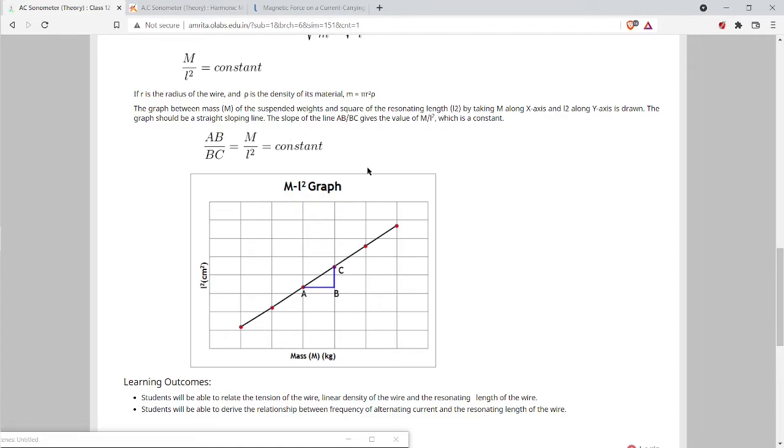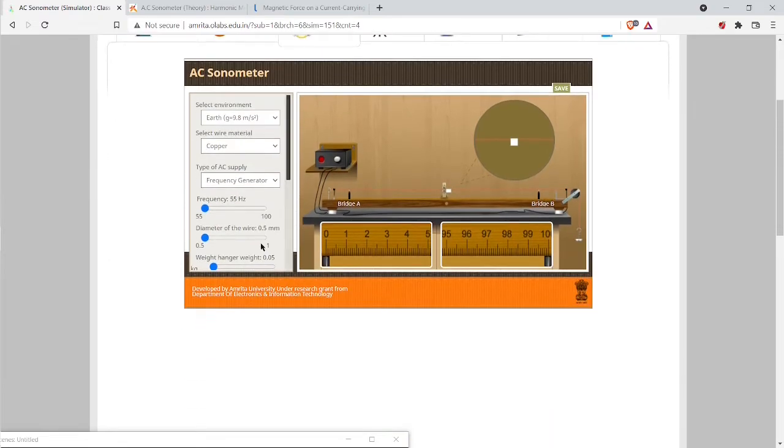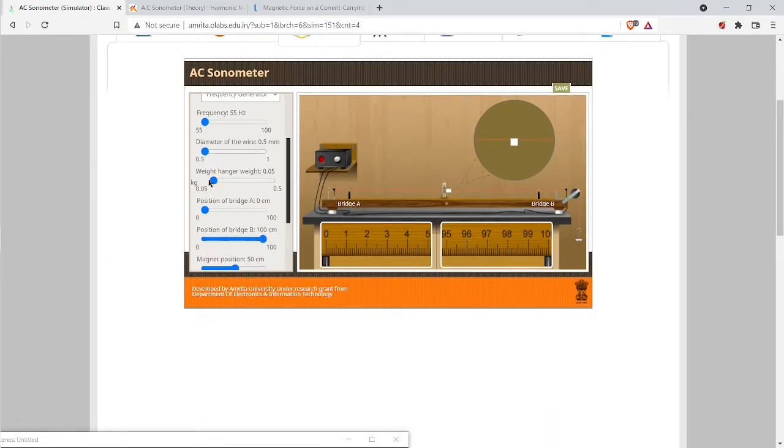Now if we go back to the simulator, we have a different mass value. So this is 0.005, that is 50 grams to 500 grams. We have 11 different steps we can do. So we can take 10 to 11 values, suppose 0.05, another is 1, 2, 3, 4, 5, 6, 7, 8, 9, 10. So we have 10 different M values, and for these 10 different M values we can get 10 different L values,